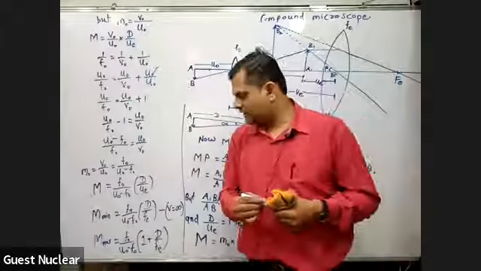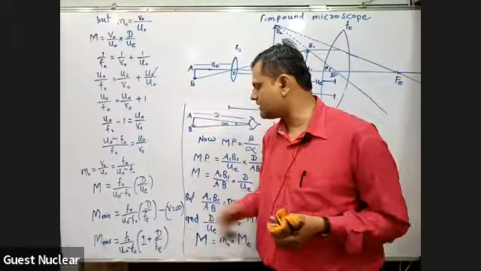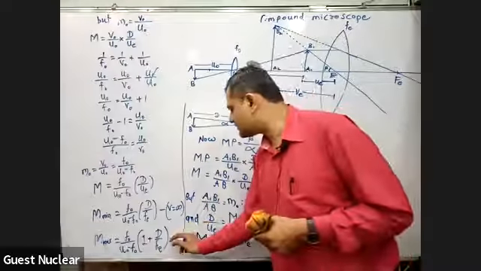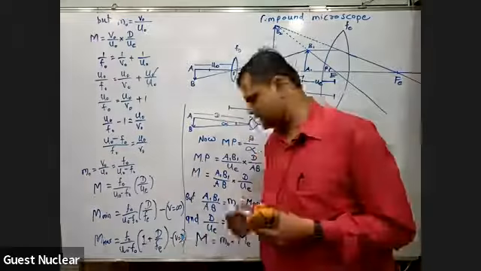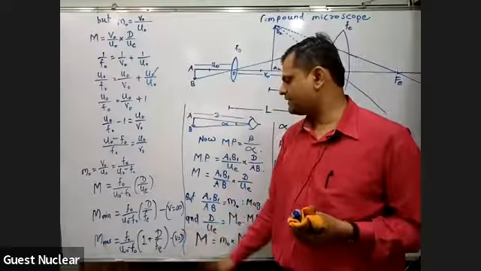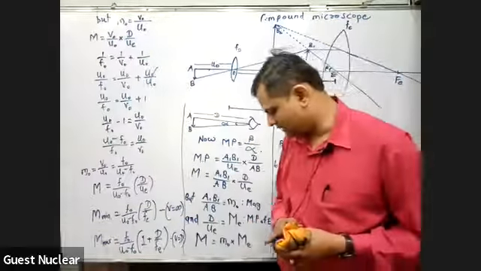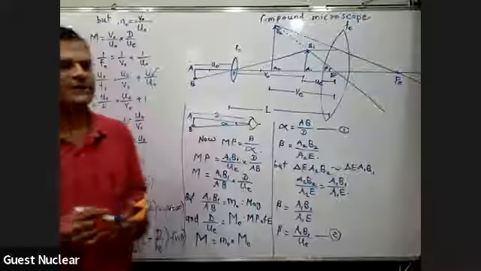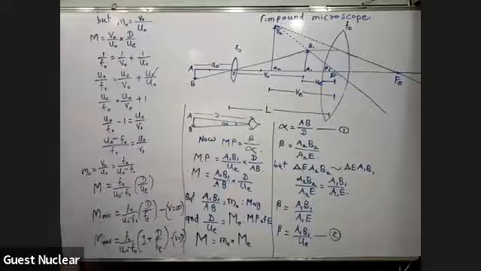तो इस D upon ue के बदले D upon fe और 1 plus D upon fe कैसे आ गया, तो ये हमको कल के लेक्चर के अंदर मिल जाएगा. And this happens only when v becomes equal to d, that is when the image is formed at distance of distinct vision. Then only we can get the maximum value of magnifying power, which is like this. So this is all about the expression for the magnifying power of a compound microscope. Just take the screenshot of this.